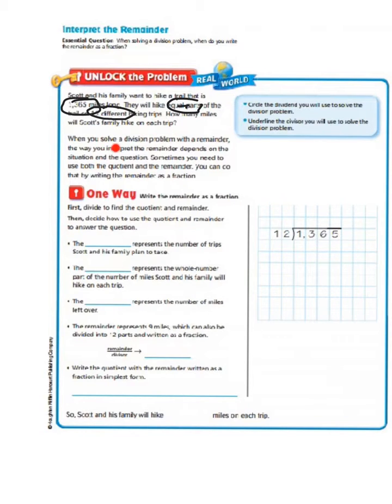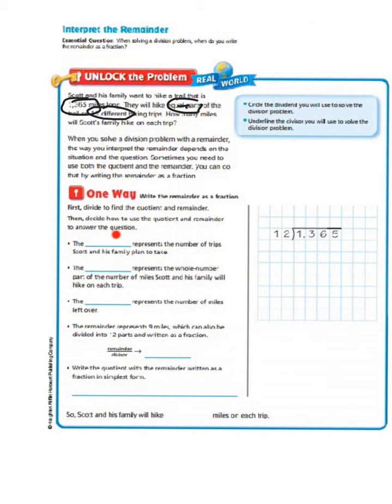When you solve a division problem with a remainder, the way you interpret the remainder depends on the situation and the question. Sometimes you need to use both the quotient and the remainder. You can do that by writing the remainder as a fraction. So first we're going to divide to find the quotient and remainder. Then we need to look back at our question to decide how to use the quotient and remainder to answer